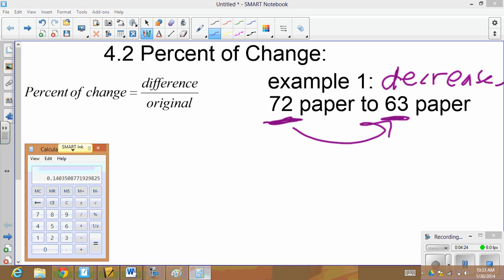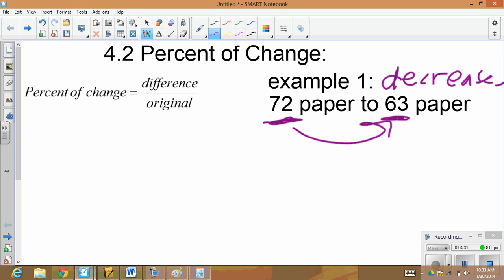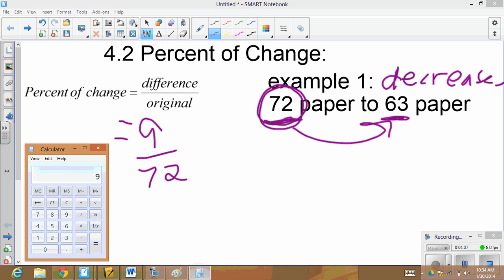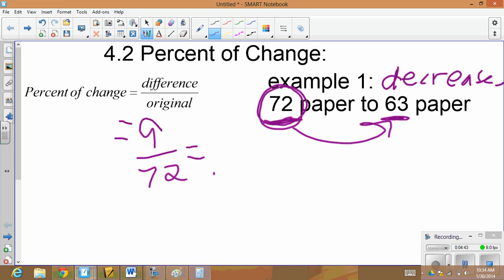So take your calculator. You would do 72 minus 63. We get an answer of 9. So that's my difference, 9, over the original, which is 72. And we just divide those numbers out. 9 divided by 72. We get an answer of 0.125. Make it a percent, twice to the right. We get